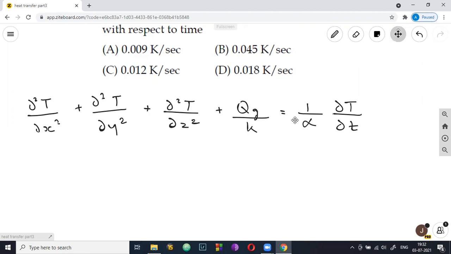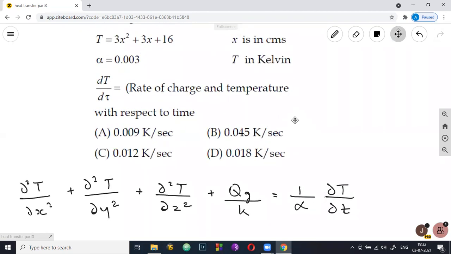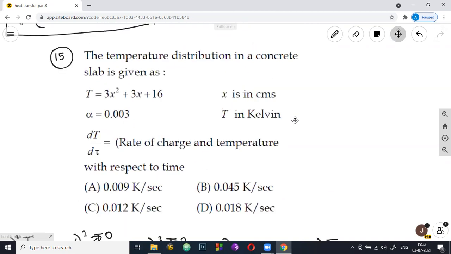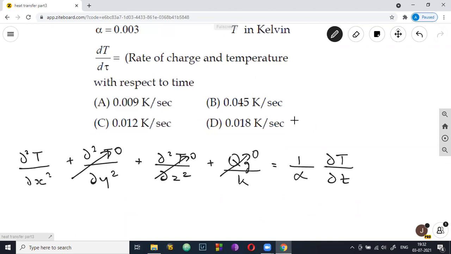Now, if you see the temperature profile is in x direction. So what is the first thing? This is 0, this is 0. Now, here nothing is mentioned about heat generation, anything like that. So I can assume that qg is also 0. So one dimension, so only del square T by del x square and 1 by alpha del T by del t. That I cannot neglect. The reason I cannot neglect del T by del t is I need to find that value. Here instead of t, they use the term tau, where tau stands for time.